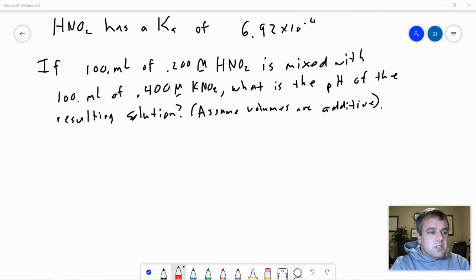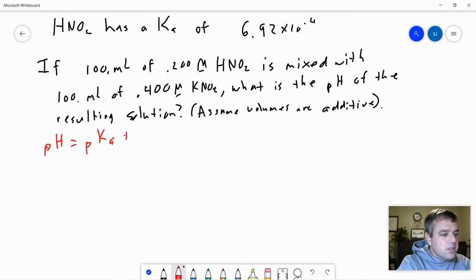So the problem we're going to look at today says HNO2, nitrous acid, has a Ka of 6.92 times 10 to the negative fourth. If 100 milliliters of 0.2 molar nitrous acid are mixed with 100 milliliters of 0.4 molar potassium nitrite, what is the pH of the resulting solution? Assume volumes are additive. So we first need to remember that pH equals the